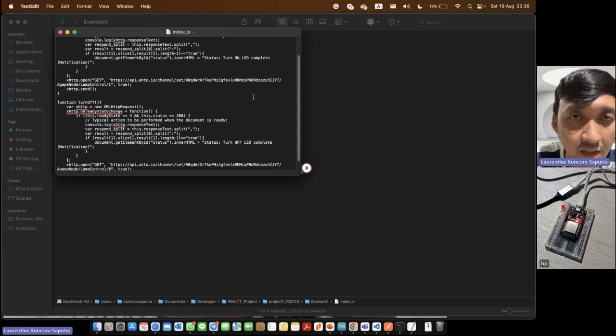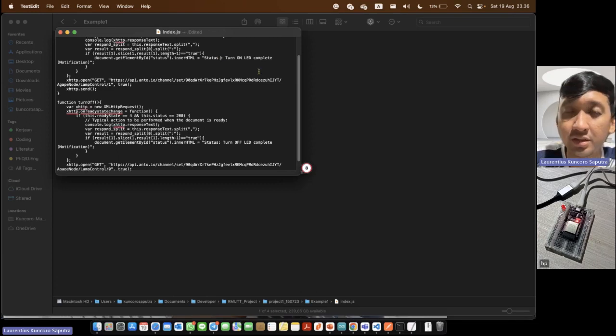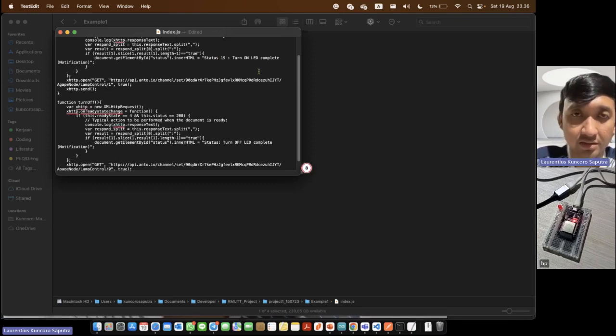Maybe I will change the turn on LED status to show "status now". I add the word "now" here to identify that this code is the new one. Okay, I will save this.